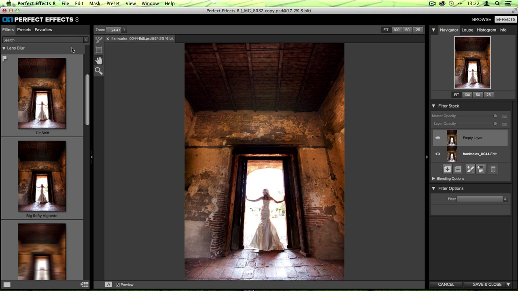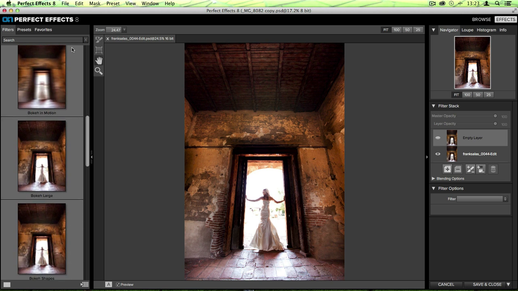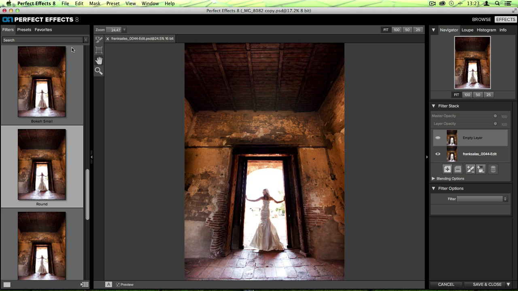One of the best and most powerful filters here inside Perfect Effects is the lens blur filter. You'll find it on the left-hand side in your filters library, and underneath the lens blur category, you'll see that you've got many different ways to blur out the background or parts of your image. For this photo, I'm going to use the round option because I want to create a beautiful oval around the